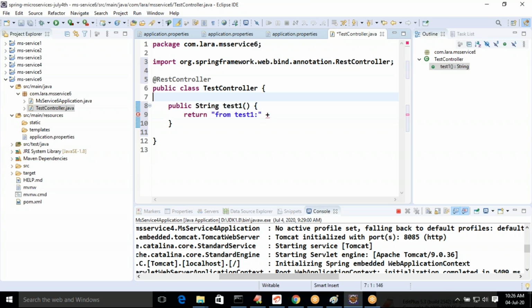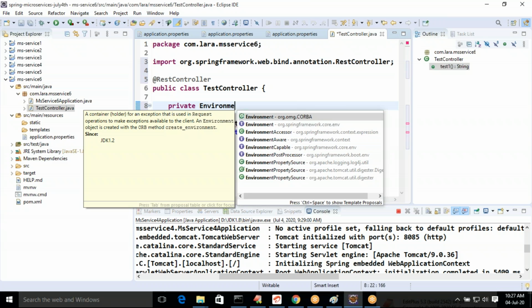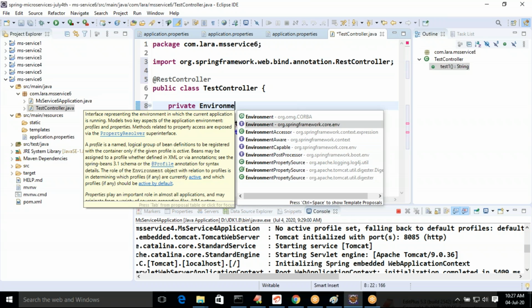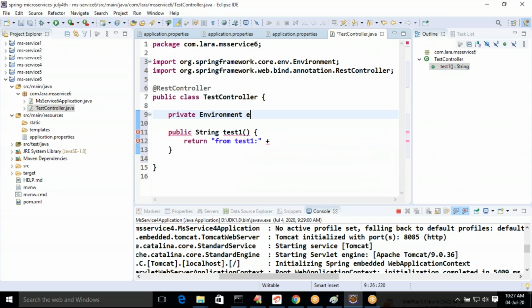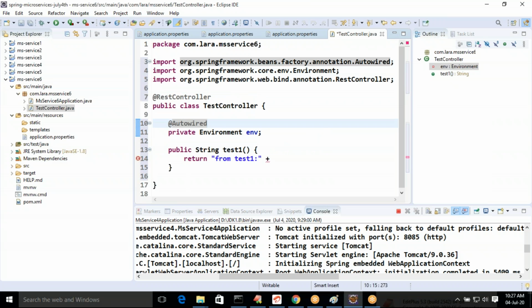There is a way of reading the port number on which this API is running. Let us see how we can get a port number. There is org.springframework.core.env. Autowire, asking the framework to provide the environment.